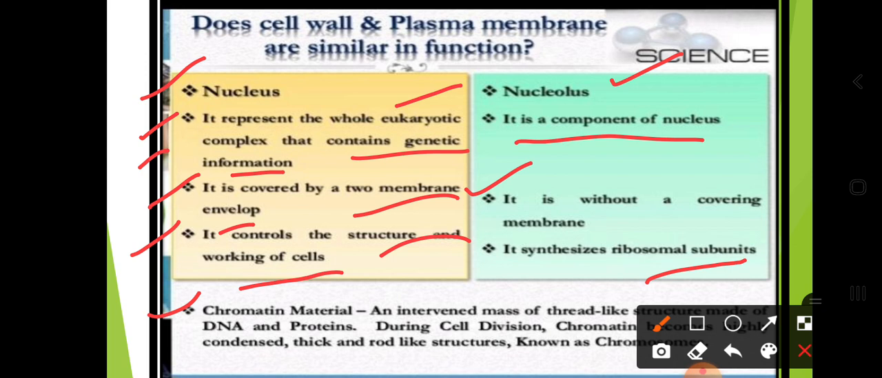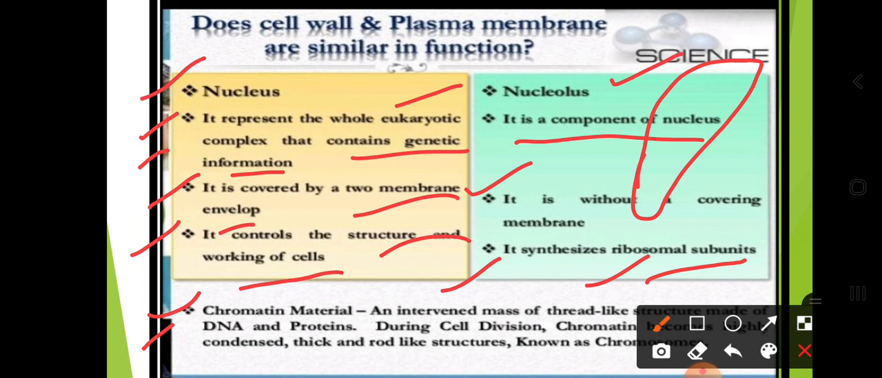Chromosomes are nothing but the thread-like structures present in the animal and human body. When we talk about chromatin material, it is an entangled mass of thread-like structure made up of DNA and protein. So, how are chromosomes made up? It is made up of